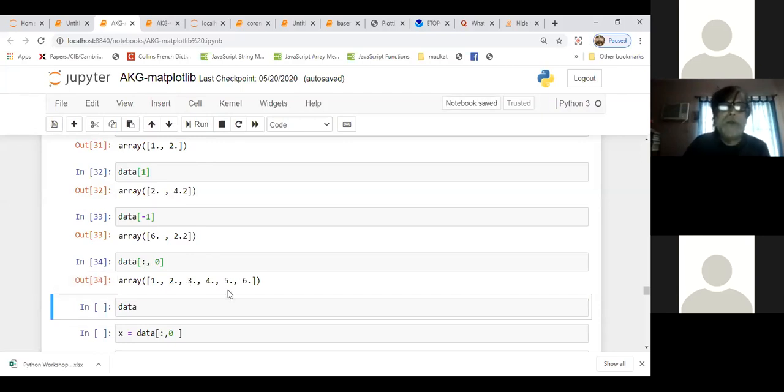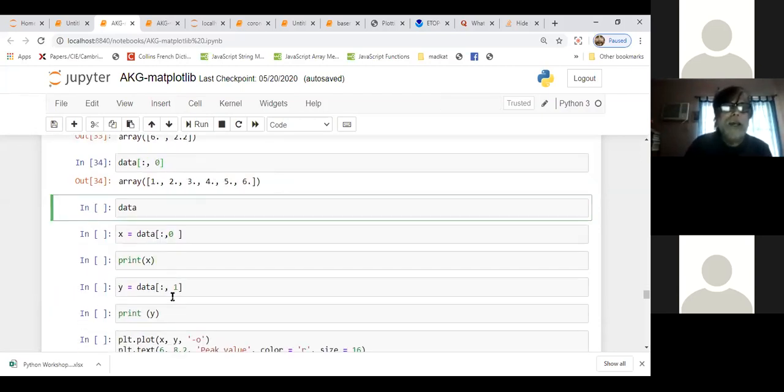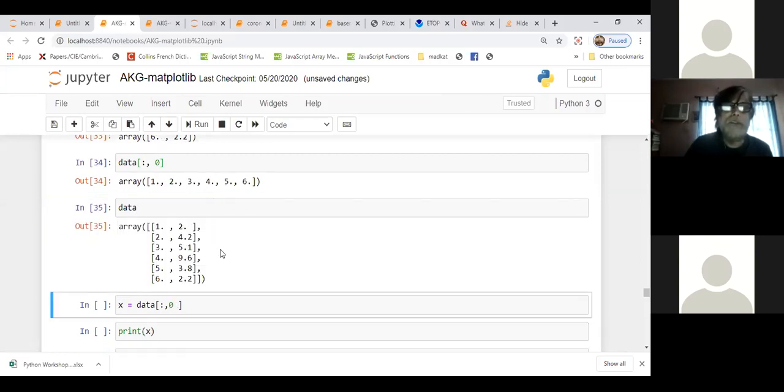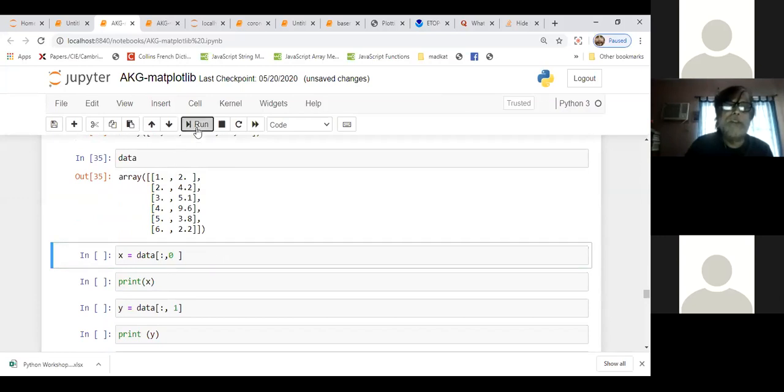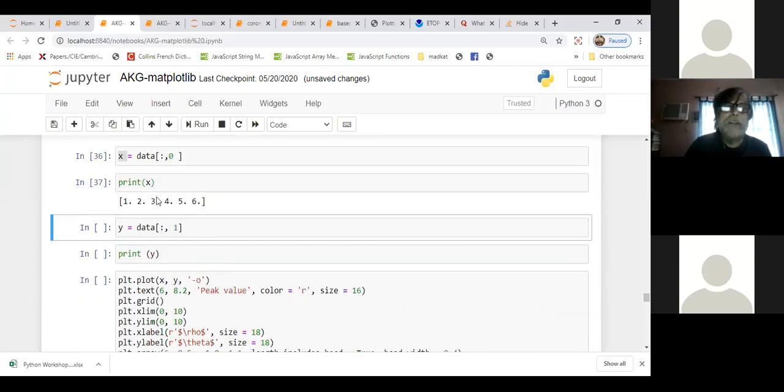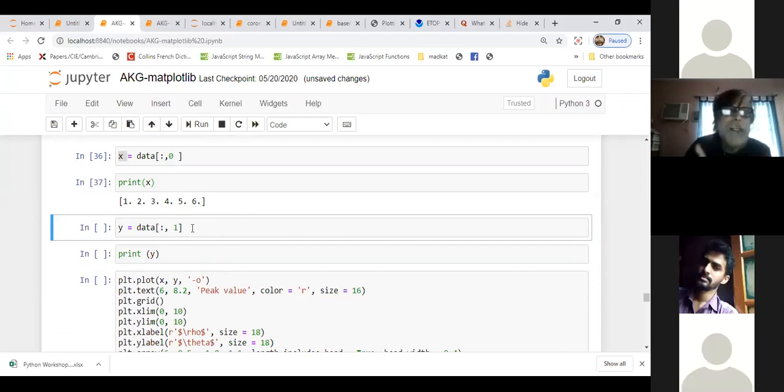This is your X array. You can rename the data as X and print X. Then you write data colon comma 1, that means the next column.